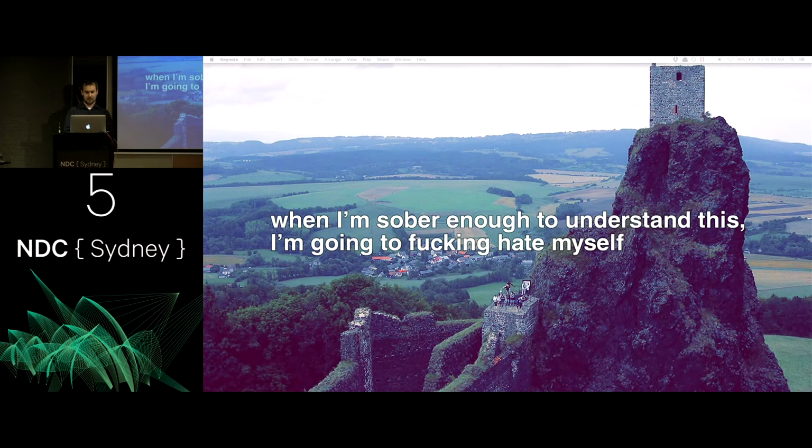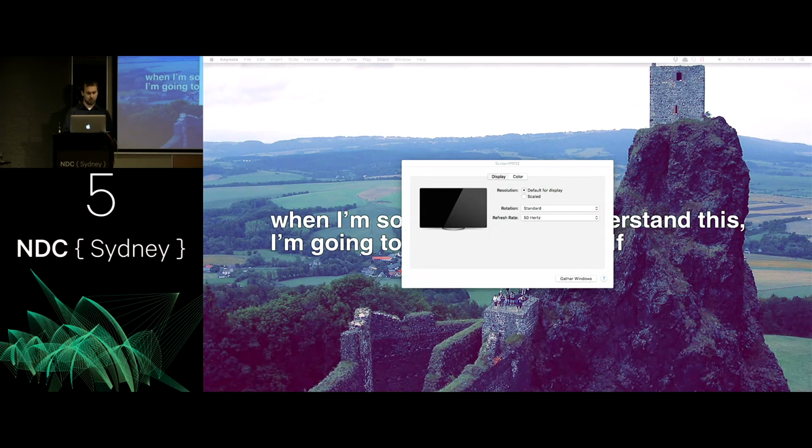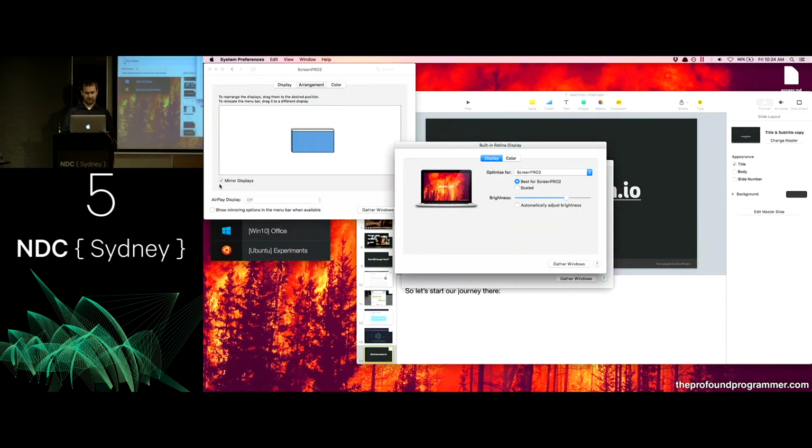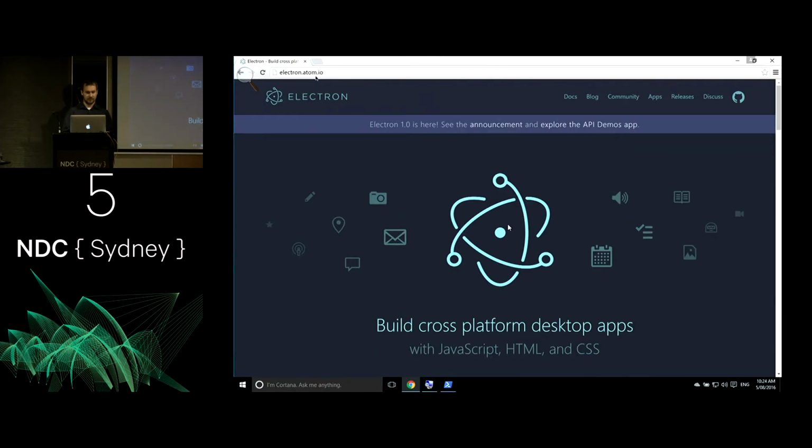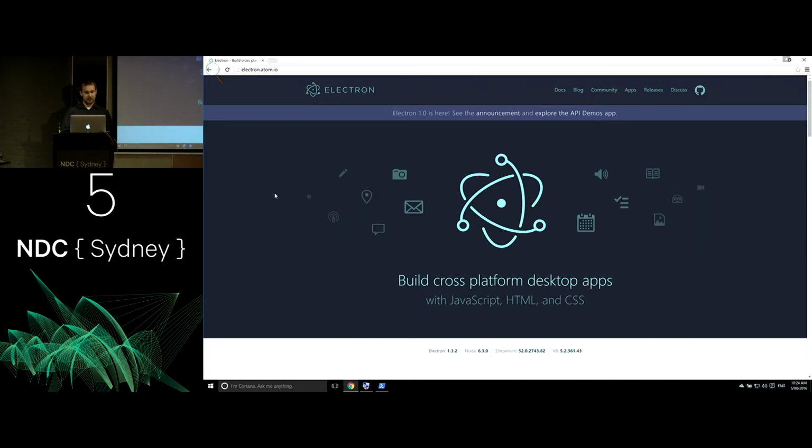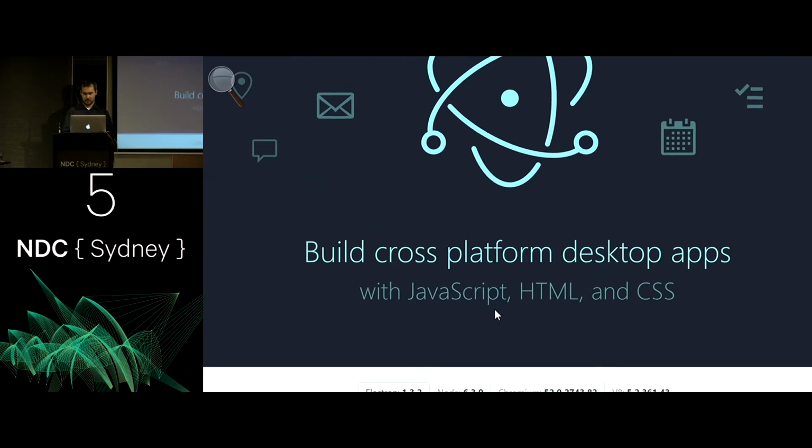So just flipping my mouse around, just merge. Arrangement, mirror. Cool. So